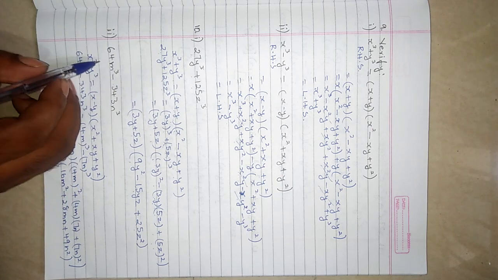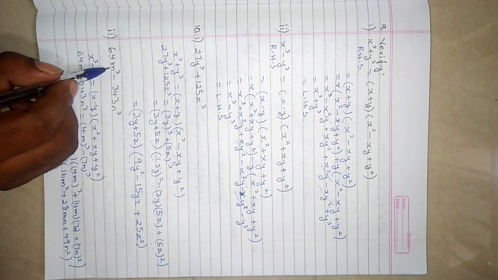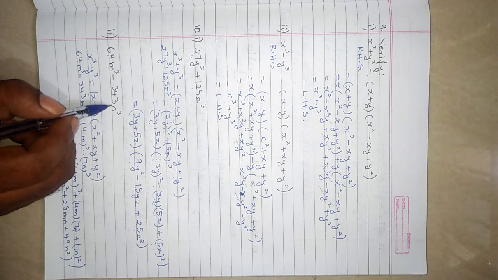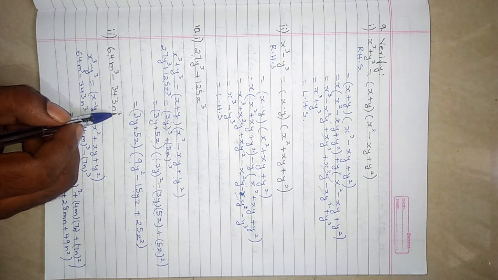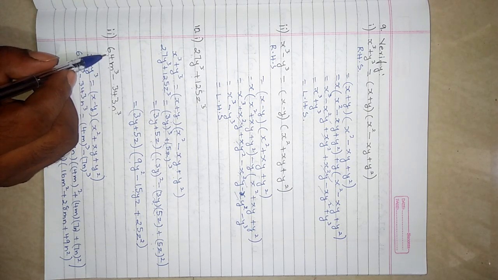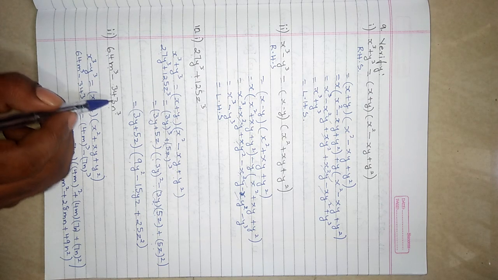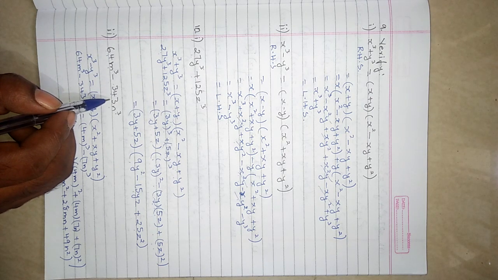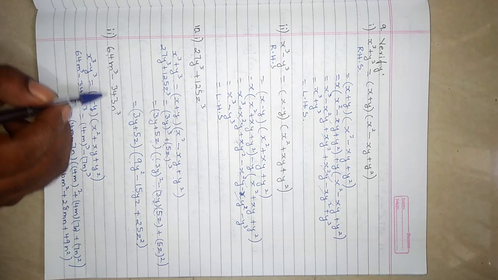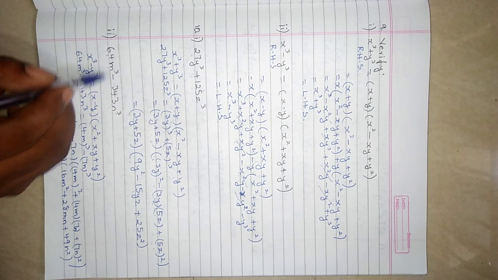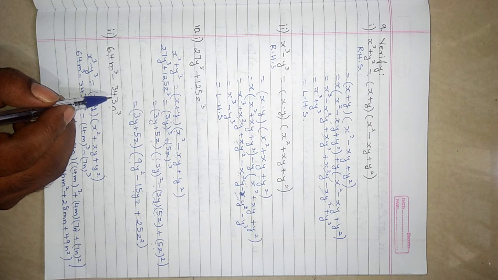In the same manner, the second subdivision, 64m^3 - 343n^3. Just check whether 64 can be rewritten in the form of a power of 3 and 343 can be rewritten in the form of a power of 3. Yes, we have. So 64 is 4 cube, 343 is 7 cube, right?